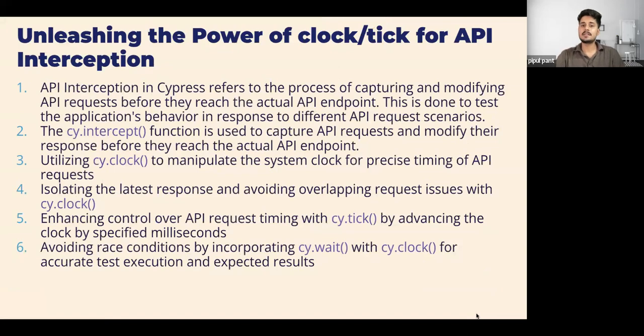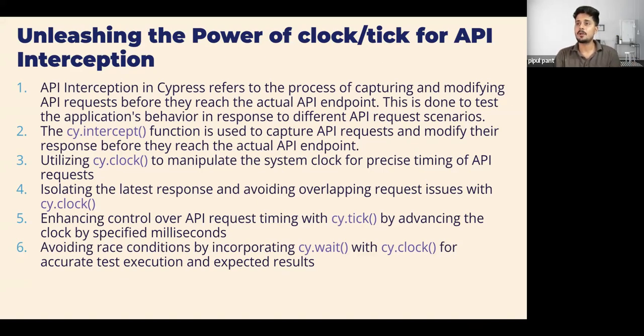This is one of the advanced topics introduced in Cypress: clock and tick for API interception. As we know, Cypress being a UI automation tool, we can perform API testing as well. We can send requests, we can mock the APIs, we can spy on the APIs. But while doing some UI testing, the same API can be called multiple times. Suppose we have defined cy.intercept for some APIs, and we're trying